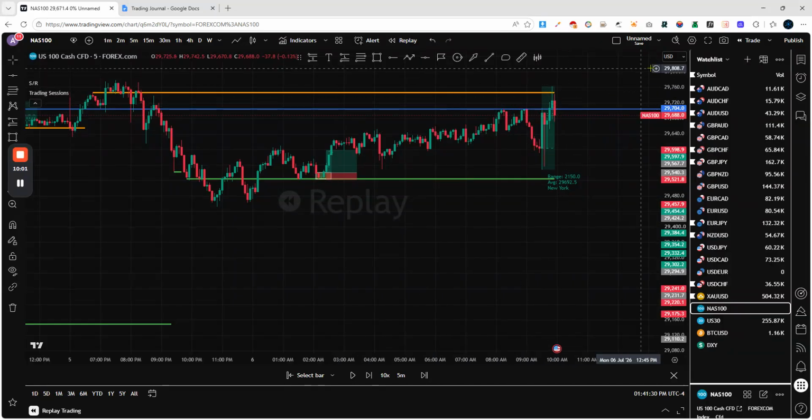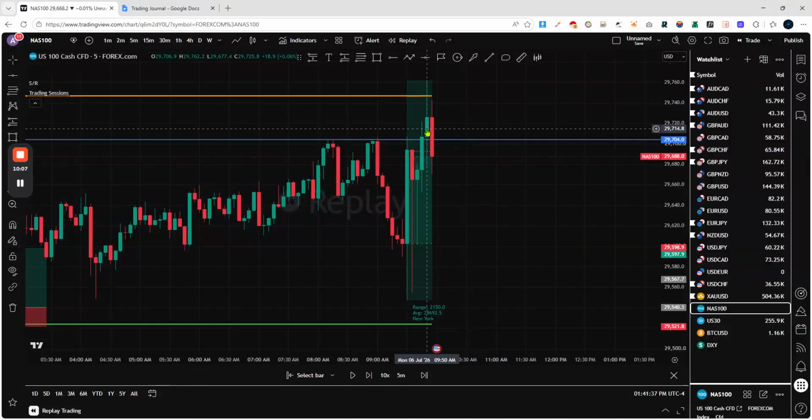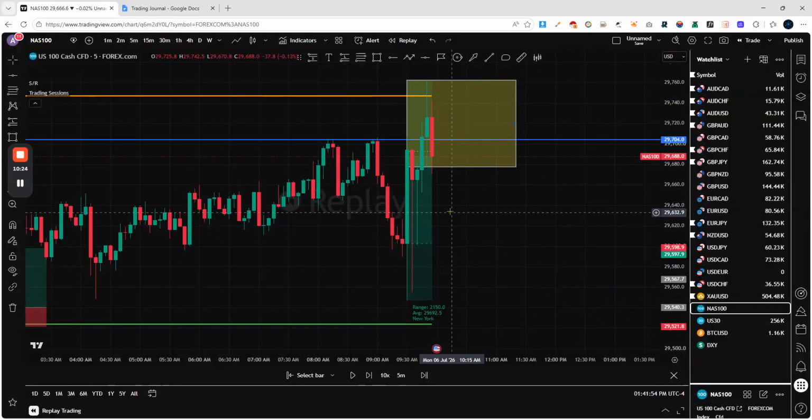I'm getting some rejection candles here. So here, this red candle engulfed this green candle, and we kind of got a rejection to there. So at this point in time, what I could have done is just draw my zone around this box here. Now, because I was looking for buys and because this red candle didn't engulf the wicks,